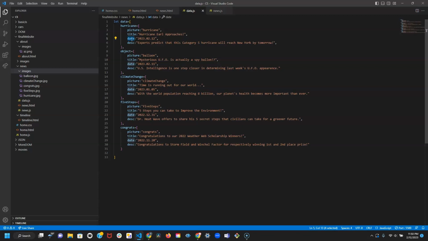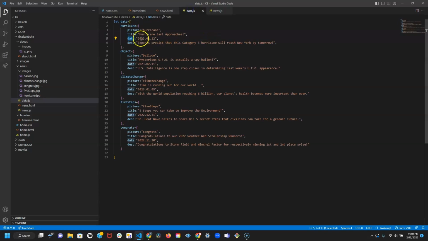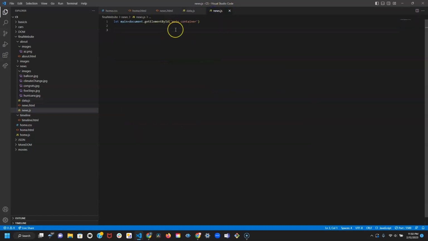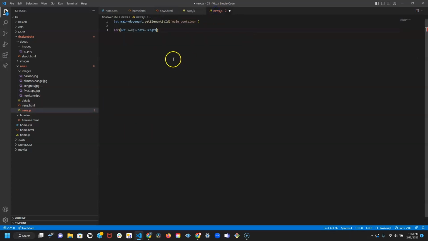Anyway, now that we initialize all of our data here, we got to actually put it onto our website using the main JavaScript file, news.js. So what do we do with all this data? Well, I made a list of objects, so I'm going to have to traverse through this array, and I'm going to have to append all this information into that div. So to do that, we got to use a for loop. So for let i equals 0, i is less than data.length, which it knows what data is because we linked the two files together on the HTML page. Then i++,